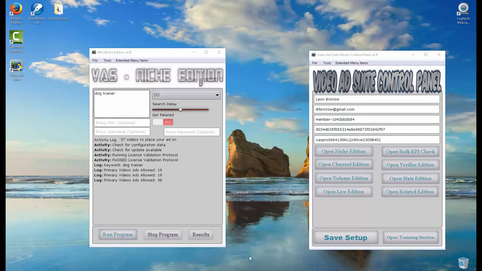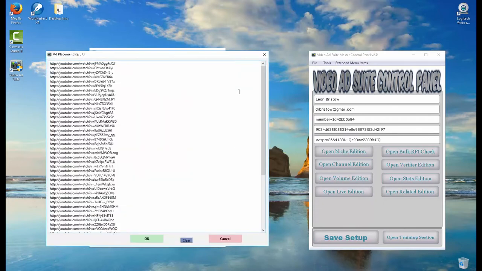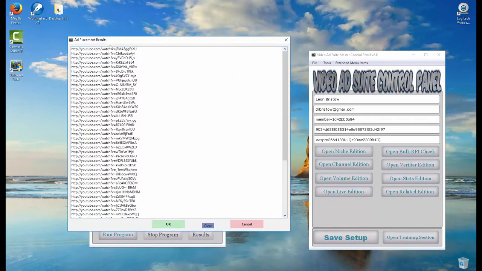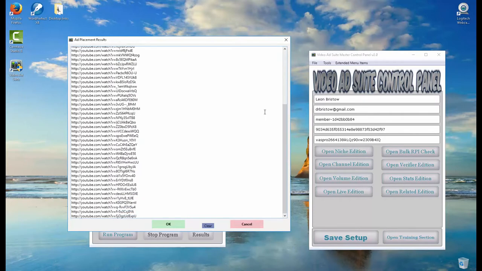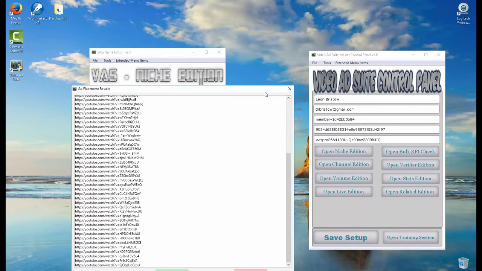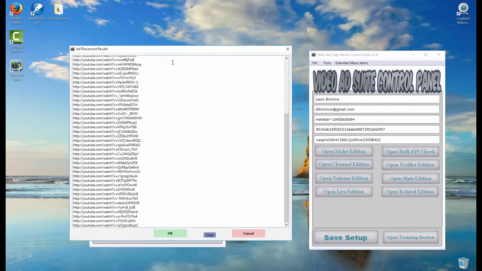And there we go. Let me pull it up. You'll get a little box that shows you can click on plain text, CSV, or both. We're just going to run plain text for this one. And let me show you what it shows. You can't expand this, but basically you get all the URLs that were related for the keyword we put in to run video ads on. So it's niche related, and we put in the keyword dog trainer. So that's what we have here. I'm going to save that for just a moment